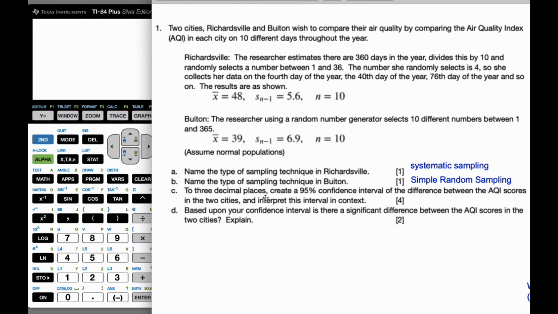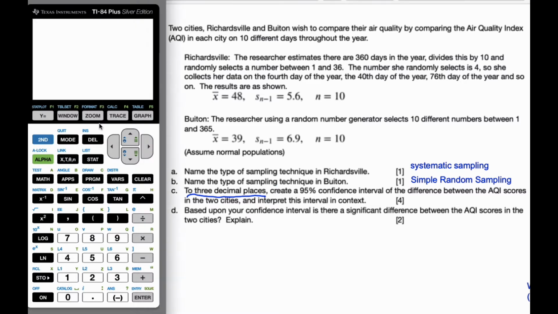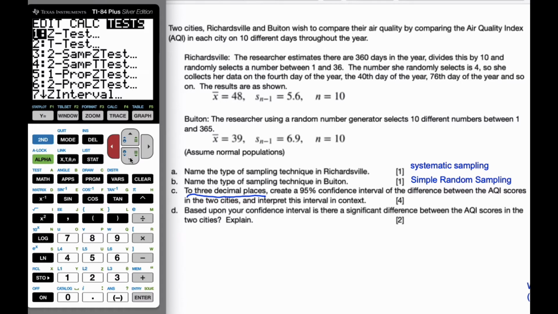Part C says to 3 decimal places, and this is key. Make sure you keep track of that, because those rounding instructions, when they specifically tell you to round, are worth a point. So to 3 decimal places, create a 95% confidence interval of the difference between the two scores. Interpret this interval. Well, the easiest, most straightforward thing to do is go to Stat, Test, and because we